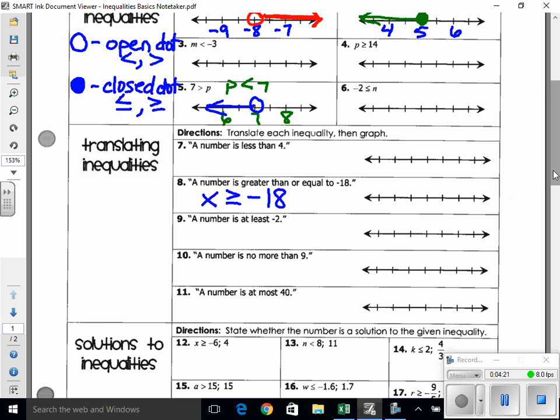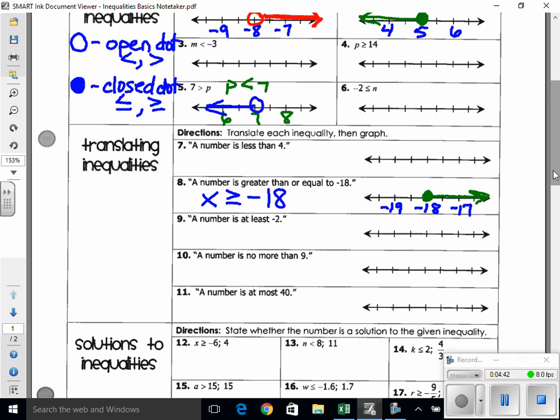All right, so then on our number line, we want to put -18 in the middle, -19 goes below it, -17 goes above it. And then because it's greater than or equal to, we want a solid dot on the -18, and greater than is going to go to the right. All right, when you go to number 10,